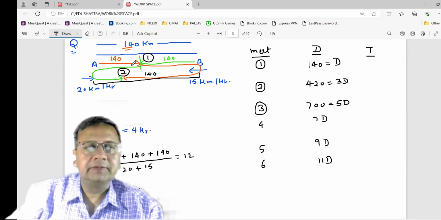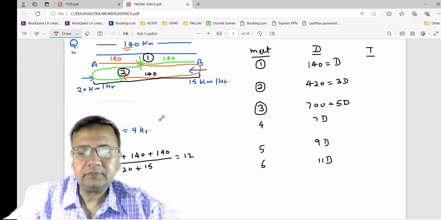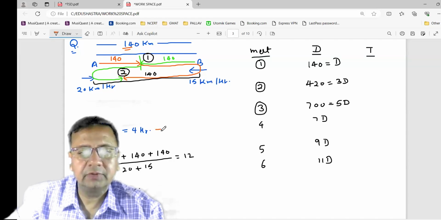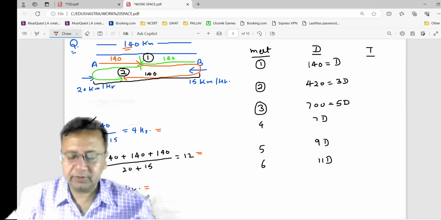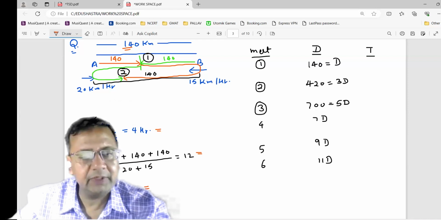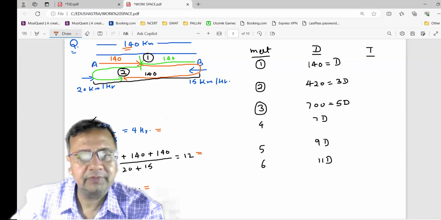अब आ जाते हैं टाइम पे। टाइम क्या होगा? तो जैसे फर्स्ट हमारा आता है ये 4 आवर्स, सेकेंड मीटिंग आती है 12 आवर्स, थर्ड मीटिंग आती है 20 आवर्स। तो जरा एक बार बताना कि फोर्थ मीटिंग कितने पे आएगी, टाइम T4 कितना होना चाहिए? ऐसे ही बताओ जरा, T4 कितना होना चाहिए? 28।